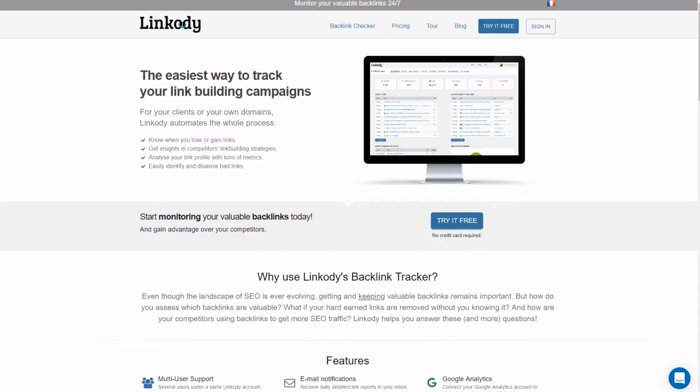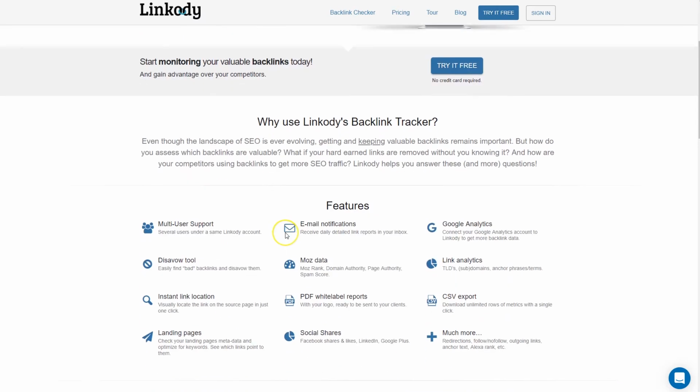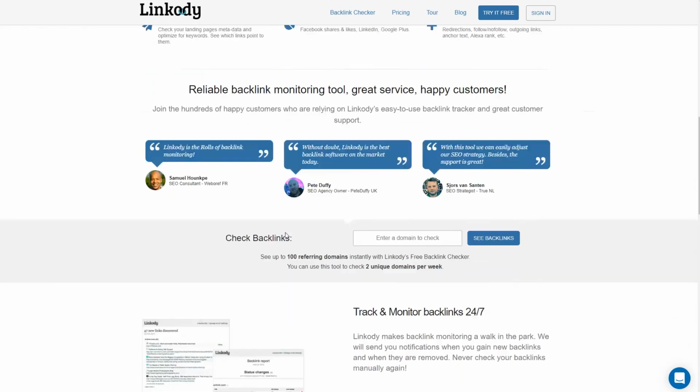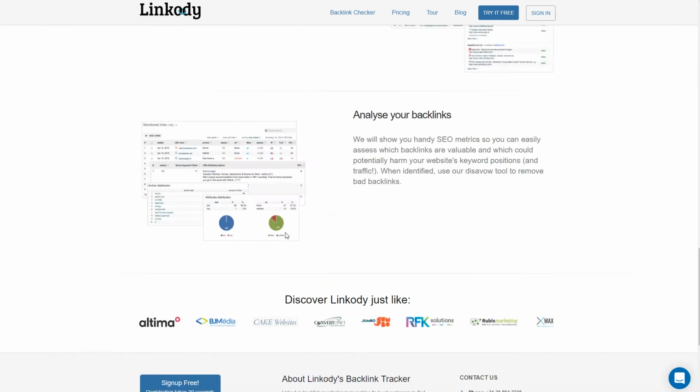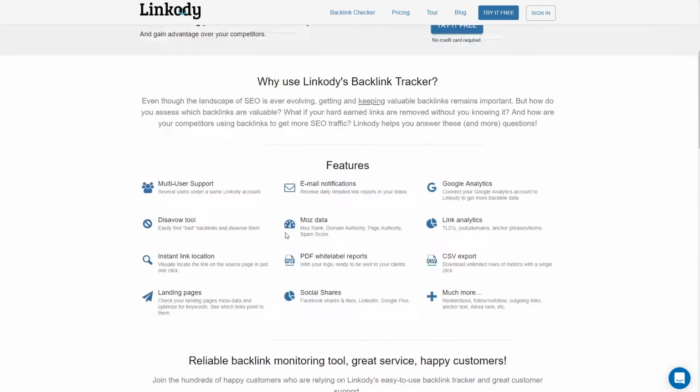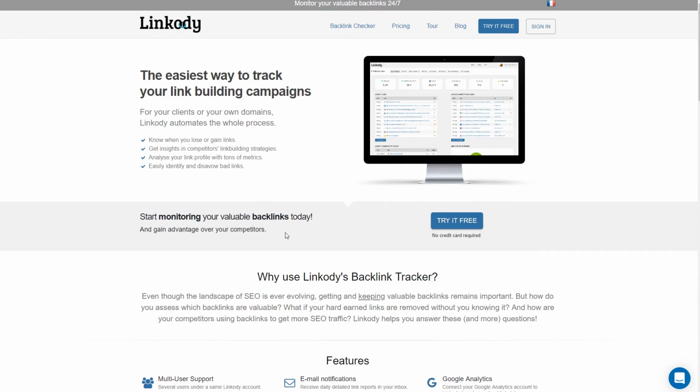Next, there's Backlink Tracker. Now, this is pretty special. It obviously tracks your backlinks. I mean, that's a very basic function. However, it also helps you keep an eye on and analyze your competitors' backlinks, which you saw already you can do over in Moz. But in this case, this is very special. They actually monitor your competitors' backlinks. And whenever your competitor gets a new backlink, you get a message. You get an email saying, hey, your competitor website just got a backlink from